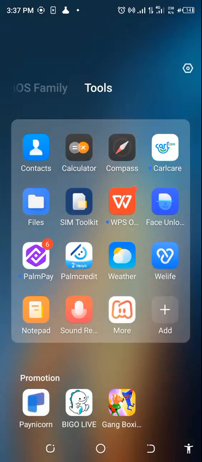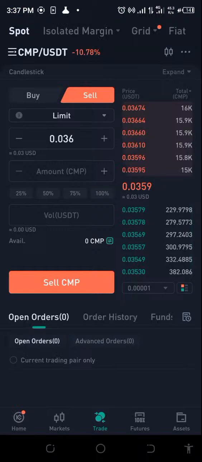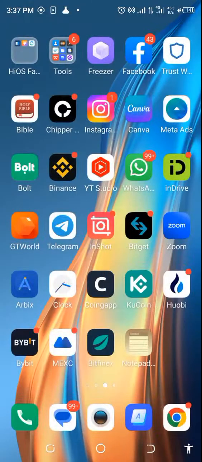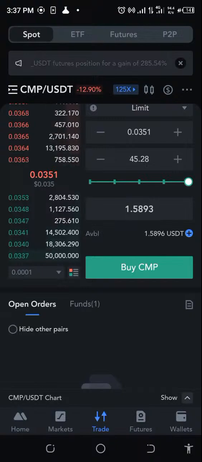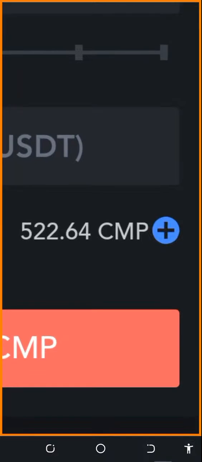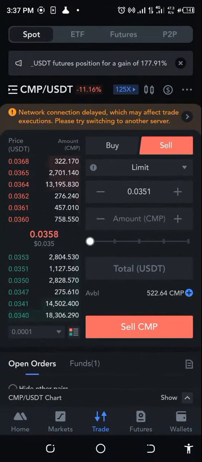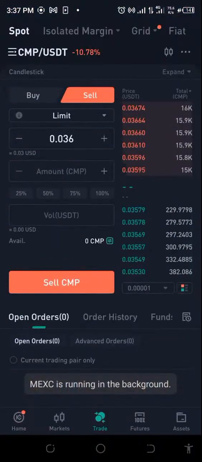So let's not waste time. Let's make sure that we keep on going. What we're going to use is what we have here, which is the amount we currently have, which is 522.64 CMP. All right, so that means that if I send that,